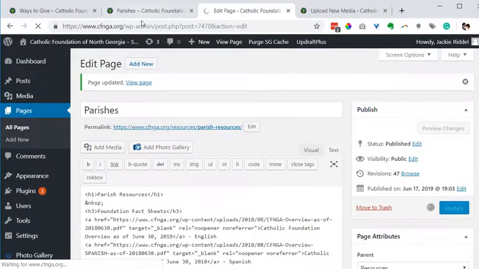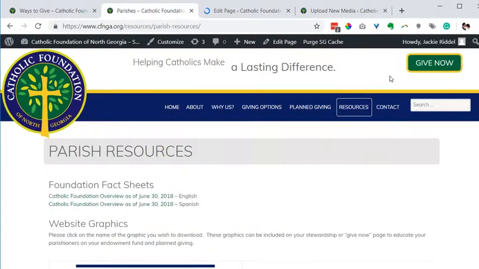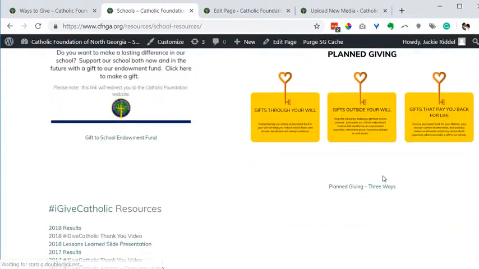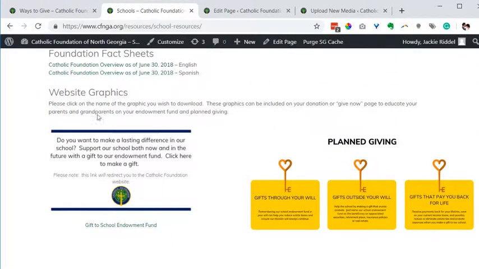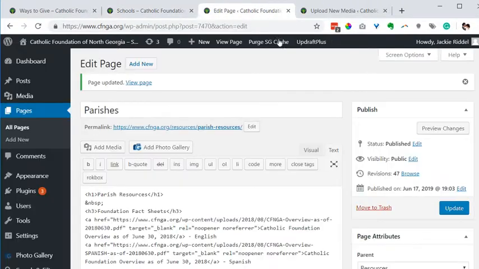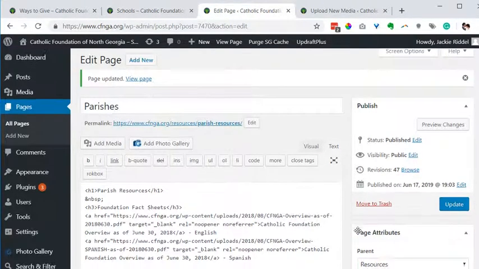Let's take a look at the school pages before we leave this. School resources. So this one just doesn't even look like the table's even there. So I guess before I leave this page,